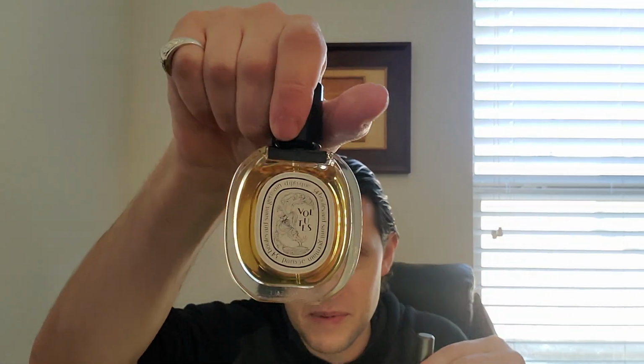Oh, it's so good. And this is basically hay, tobacco leaf, honey with iris, and there's a beautiful incense note that kind of plays peekaboo. Comes and goes in the fragrance. Just beautiful composition. It is a little bit sweet, but I don't know which is sweeter between the two. It would be a hard tell. Probably this one's a little bit sweeter to me,